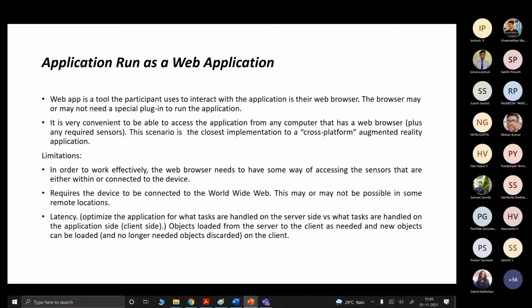Sometimes that may not be possible, and obviously latency will be there when we move on to web applications. Some information can be provided on the server side and other information will be present on the client side. To communicate between the server and the client side, latency may be there. Objects are loaded from the server to the client as we need them, and new objects can be loaded on the client side.